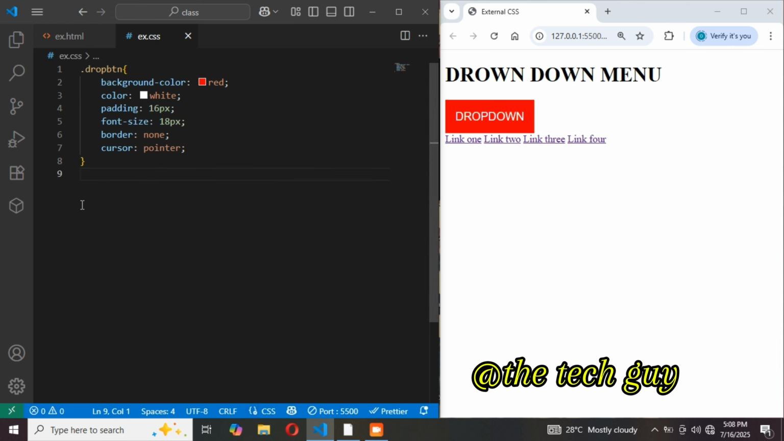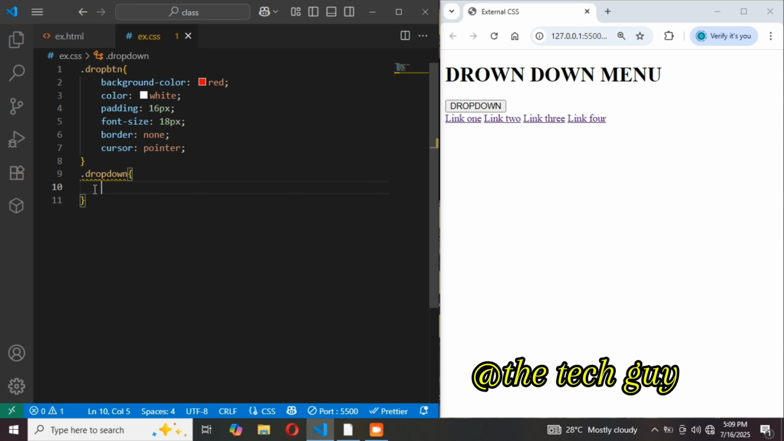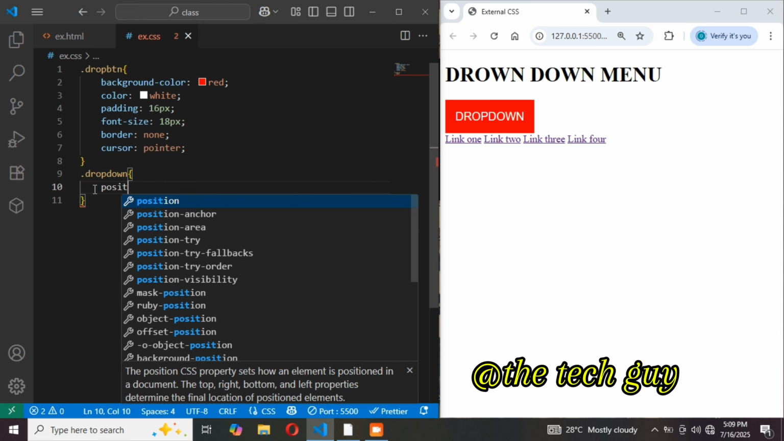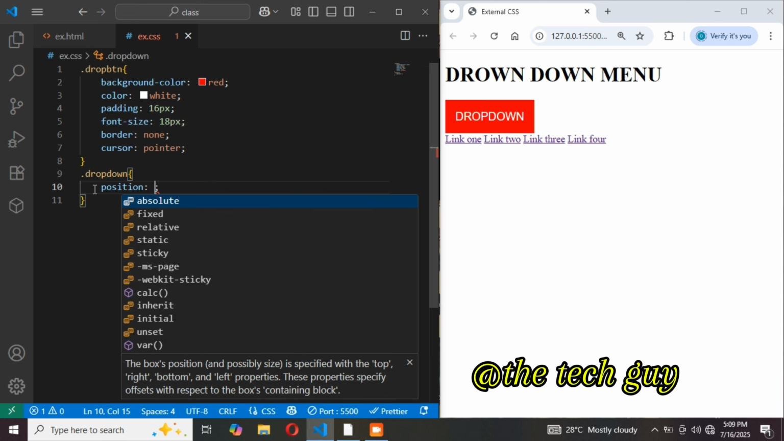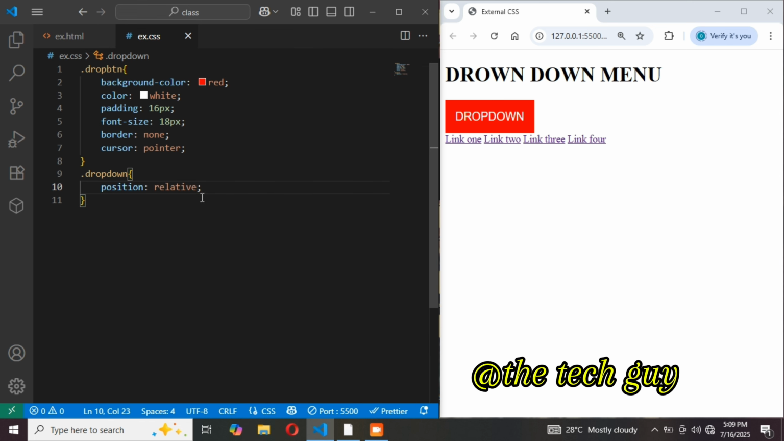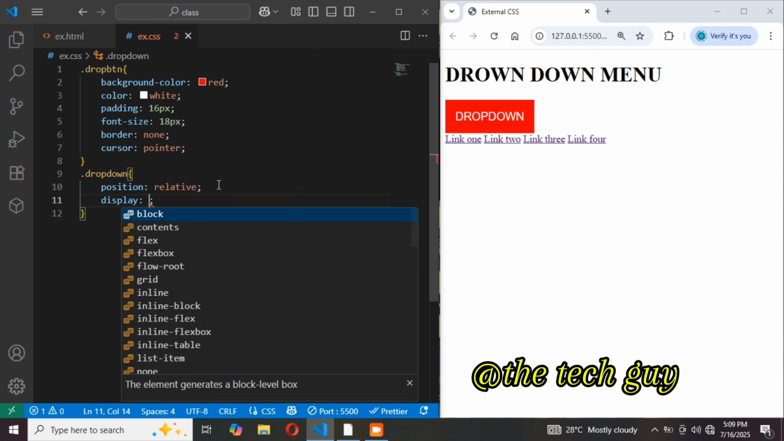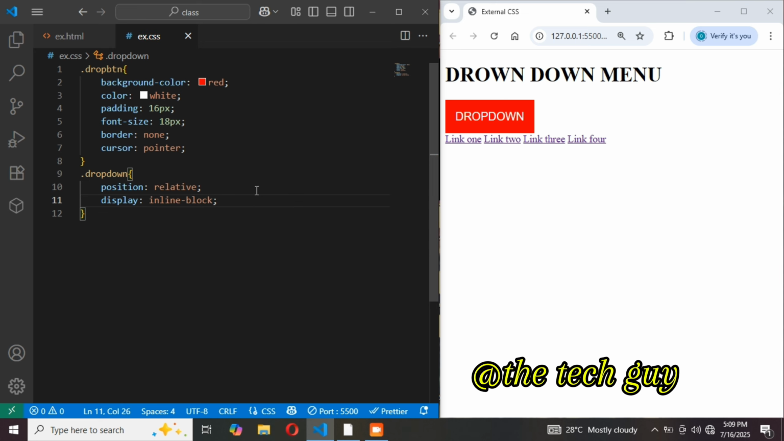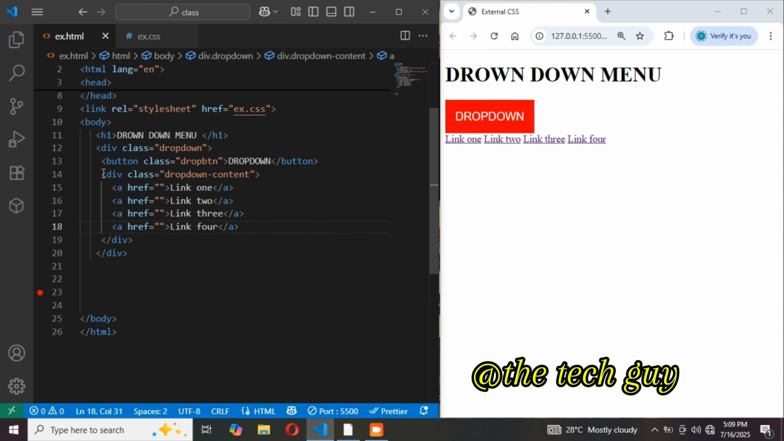So now don't forget our drop down, that is our div. Now we are going to style our div. Remember we styled our button first, so now we're going to style our div, which we named drop down. So position, let's make the position relative. Now display, let's make my display inline block. So now